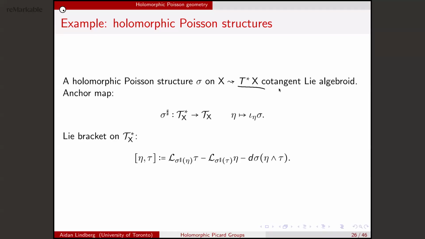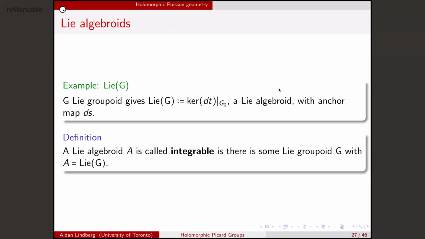Now the terminology is maybe suggestive. We have Lie groups and Lie algebras, and we have Lie groupoids and Lie algebroids. So we've added the same suffix to the same set of words. So if you're reasonable, maybe you think that they're related to one another, and they definitely are. If you have a Lie groupoid, then you'll get a Lie algebroid, which I just denote by Lie G, on its space of objects,